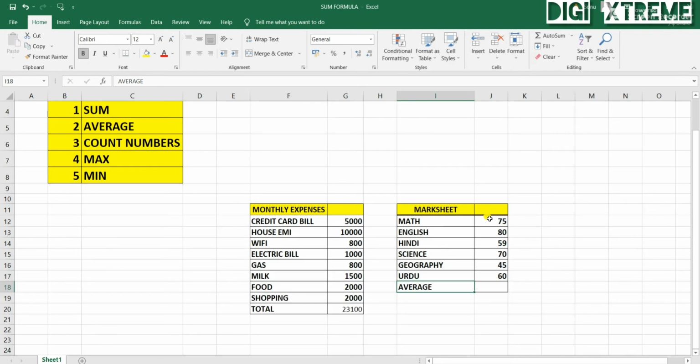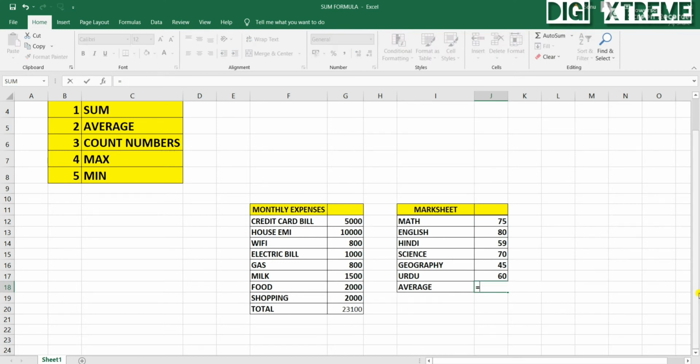The simple way would be to just select all the marks together. Now let's go to auto sum, then just click on average. This will provide you the average of the total marks. This is one way,